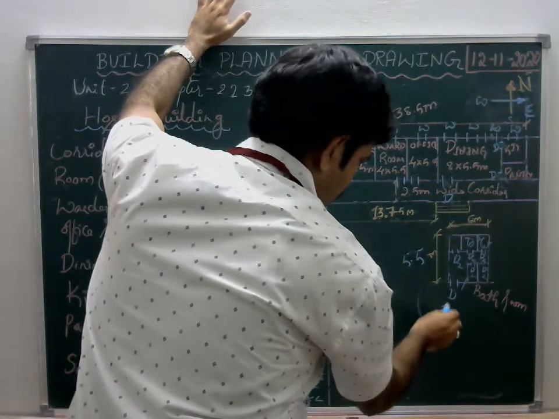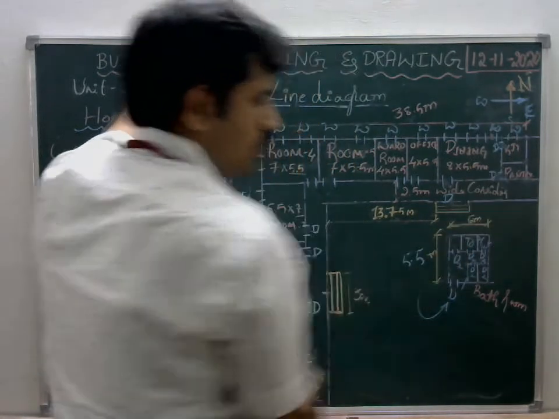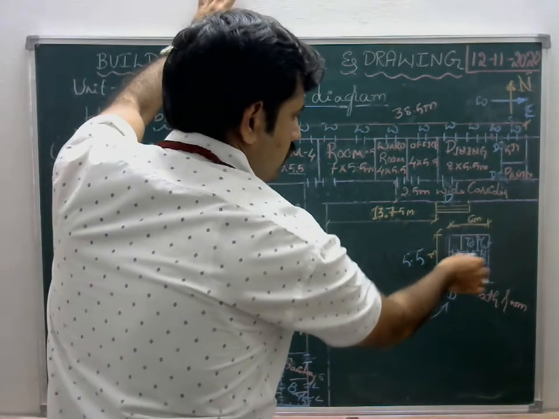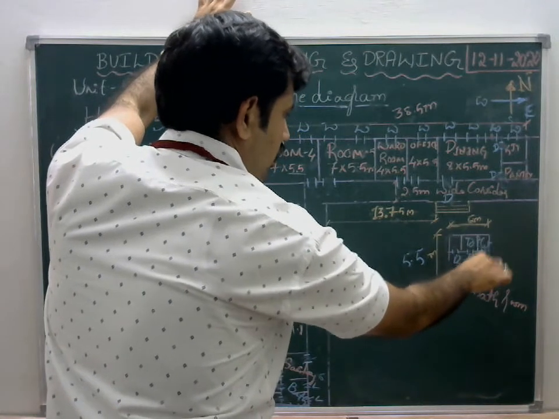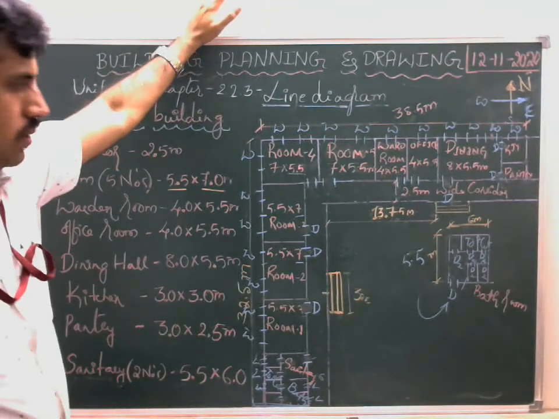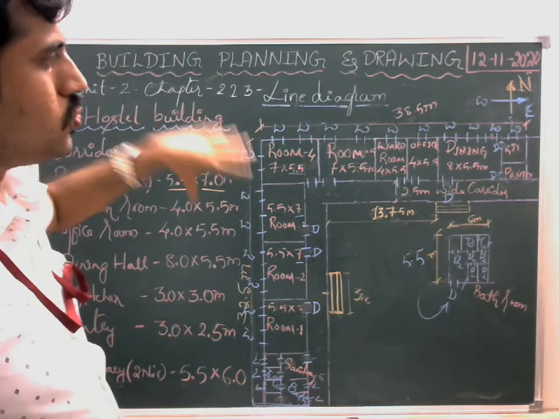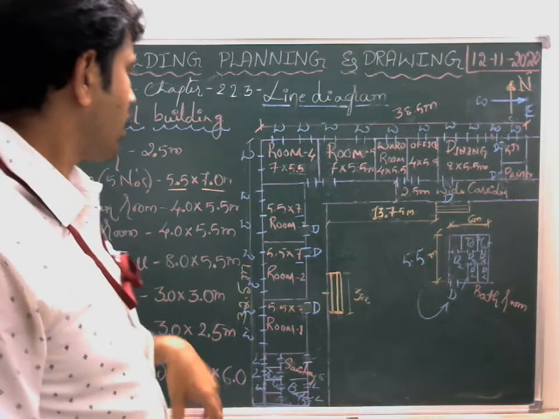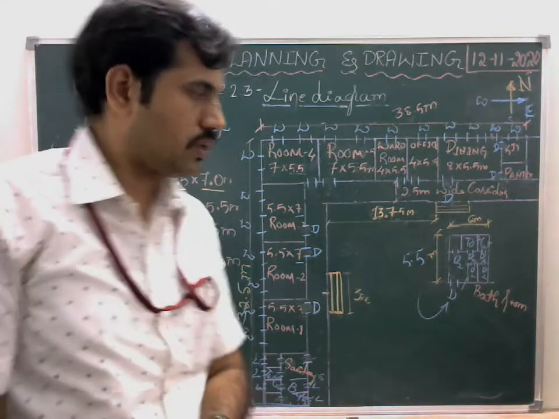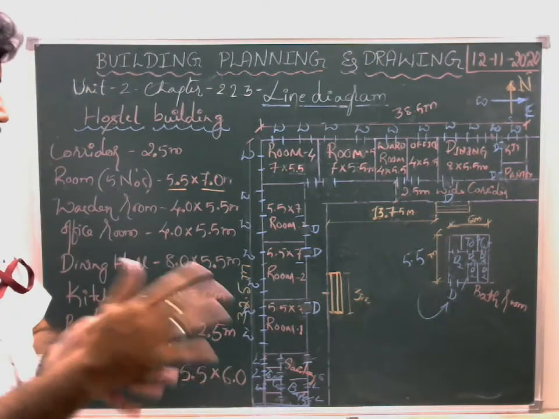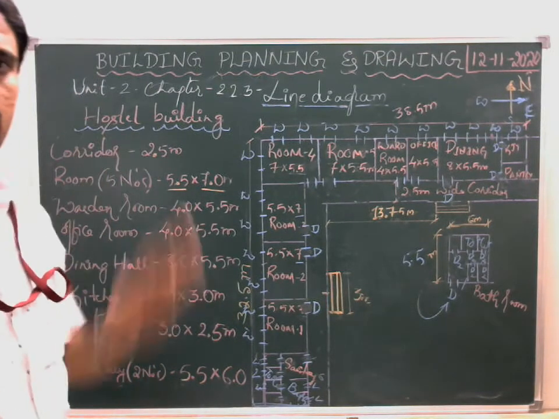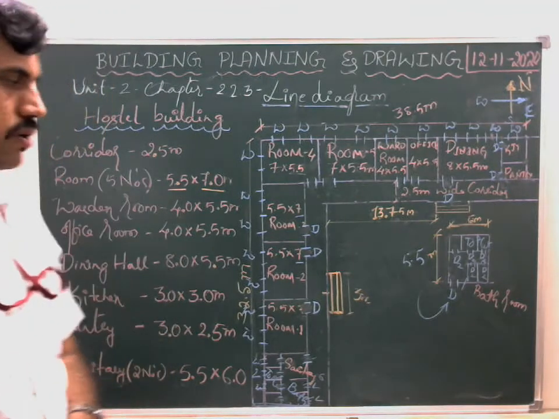So this is the entrance, and this is the corridor part. That means I have shifted here. We want to enter the sanitary, and then this will be open space, and doors are provided opposite to each other. These will be toilets and these will be bathrooms. These are the main things we have to show in the line diagram. This is what I planned to explain to you, how to prepare a line diagram for a hostel building. Thank you one and all.